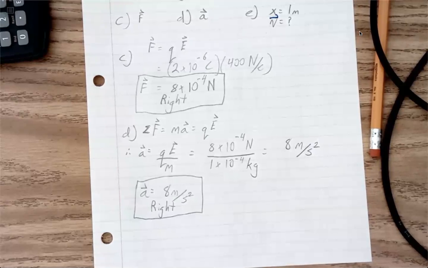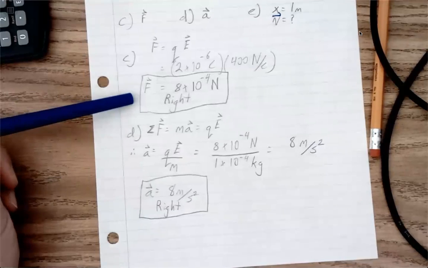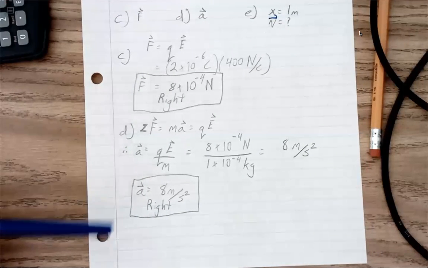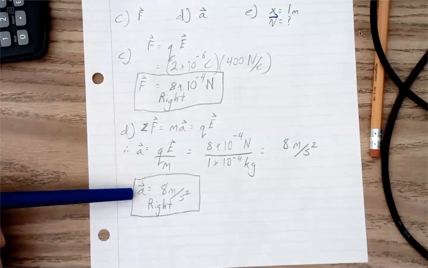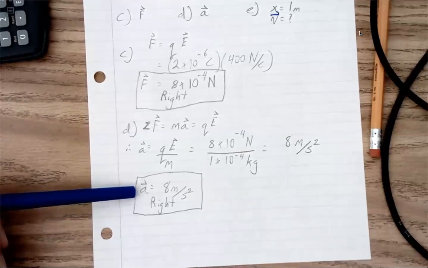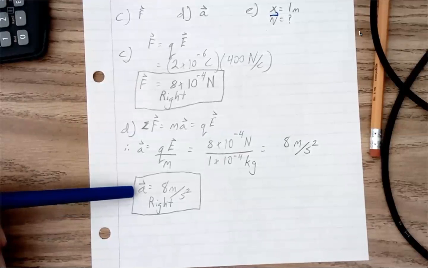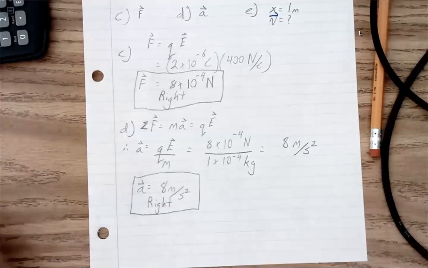Lastly, for this number 4, it's asking us to find not just the direction of it, but how fast is this going? If we know the force making it move to the right, and we know it's accelerating going to the right, it's going 8 meters per second every second. That means 1 second later, it's going 8 meters per second. In 2 seconds, it's going 16 meters per second. In 3 seconds, I'm not going to do that math. But what I am going to do